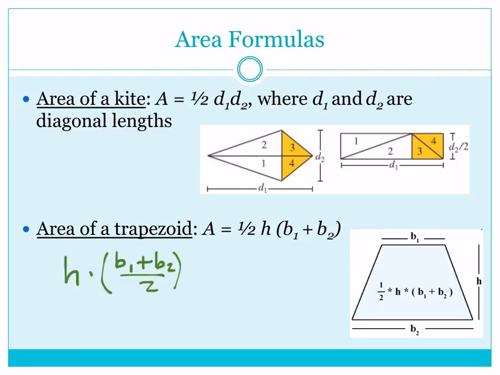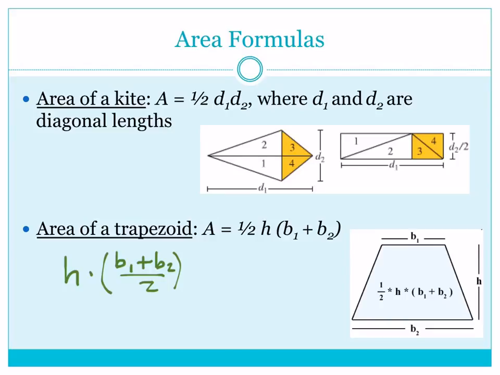A couple other area formulas we have are the area of a kite. This is an interesting one. This is 1/2 of the product of the diagonals, D1 and D2. You can see the diagram below shifting the different pieces of the triangle around so that you can actually see the parallelogram or rectangle in this case that appears. And the reason, of course, that it's 1/2 the diagonal D2 is because D2 is actually the full width of triangles 3 and 4's height. So the half of that would be the actual height of our